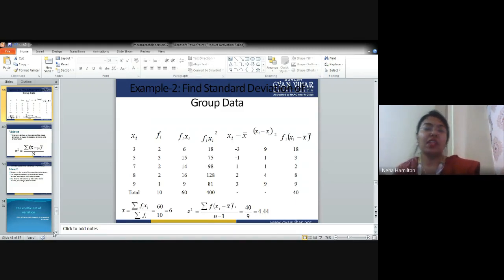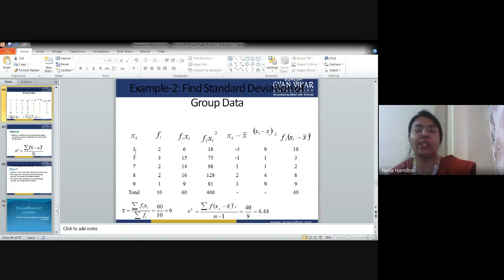Okay, after understanding the ungrouped data, let us understand the standard deviation of grouped data. How do we do it? You have to write down the observations, then the frequencies. Because the formula is a bit different in grouped data and ungrouped data, please write down the formulas in your copy so that you do not get confused between grouped and ungrouped data. So these are x, then we have f, then we have fx.